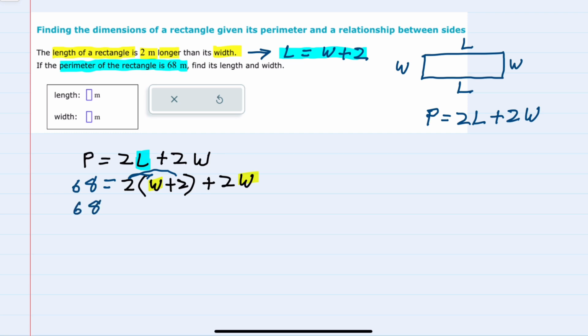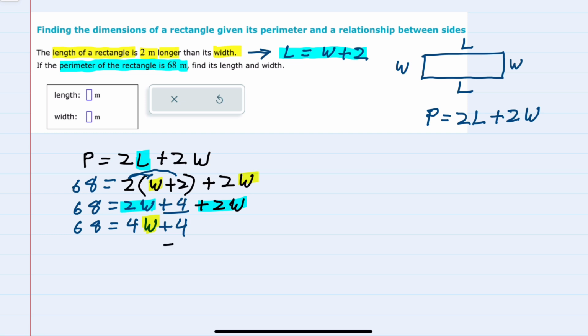That would remove the parentheses. 2 times W is 2W, 2 times 2 is plus 4, and bring down the rest of that equation, plus 2W. I can now combine like terms. I have a 2W plus a 2W, so that can be combined as 4W. And again, bringing down that plus 4, I can now start to isolate the W by first subtracting the other